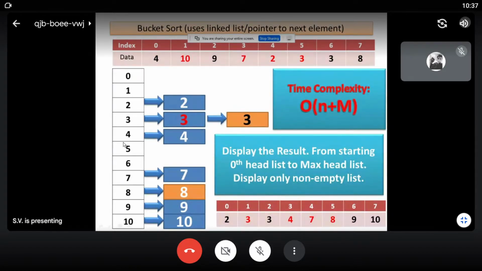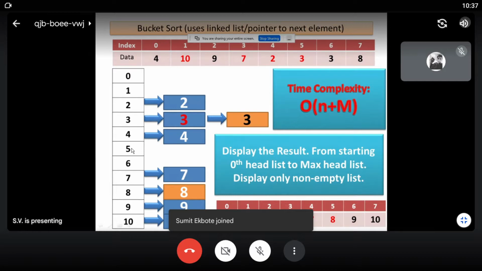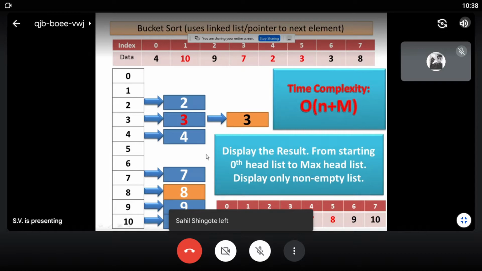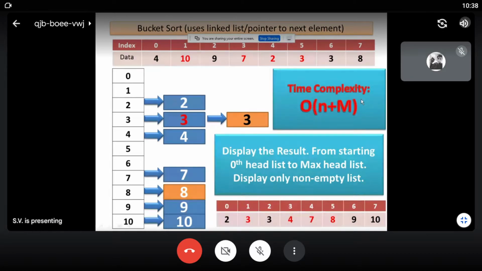But you can observe over here there are some heads which are not being used, for example head list 0, head list 1, head list 5 and 6. So it is using some space. If we eliminate these, then we get better performance. So the time complexity over here is n, where n stands for the number of elements, plus m, the maximum of it.